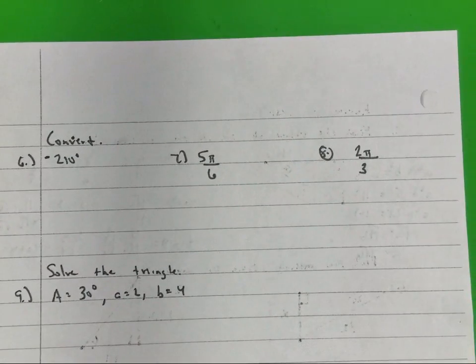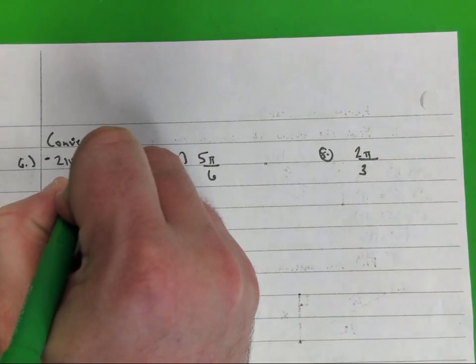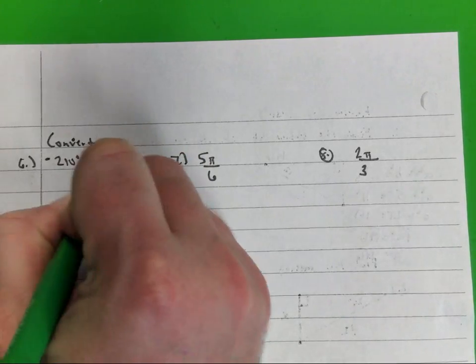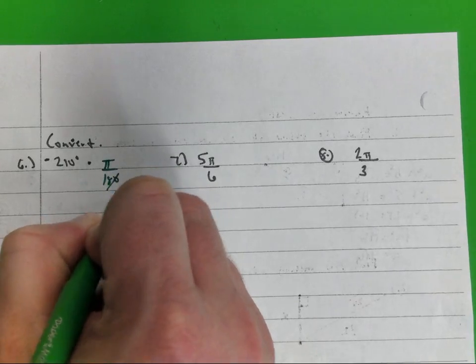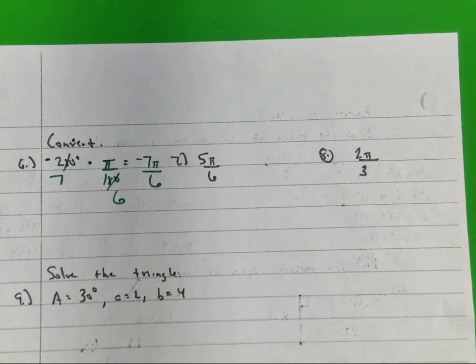All right. Next, you've got a section like this, converting from degrees to radians to degrees. What are we in right here? Degrees. So I want radians. So what will I multiply by? Very good. What can I take out of 210 and 180? 30. That leaves 6 and that leaves 7. So that'd be negative 7 pi over 6.